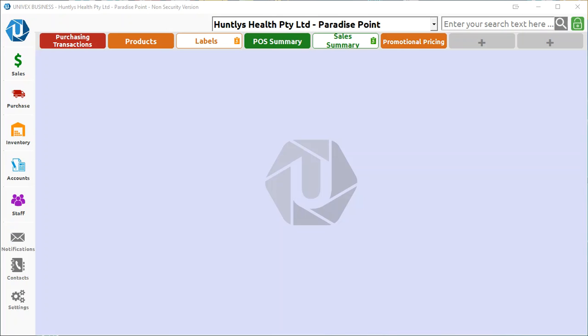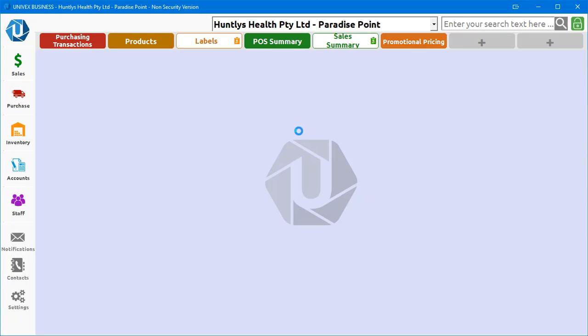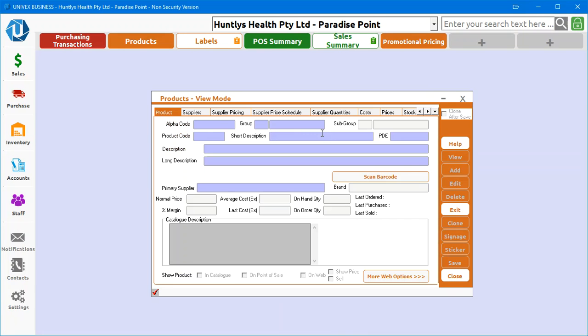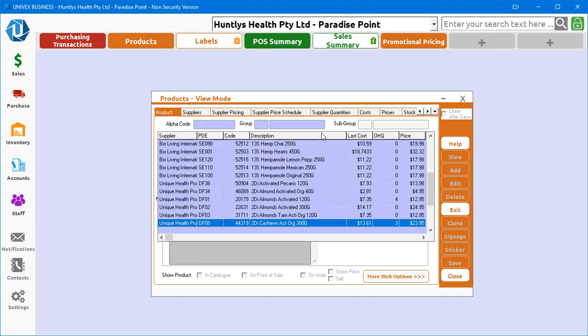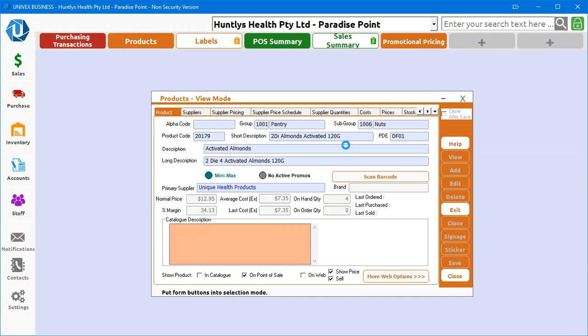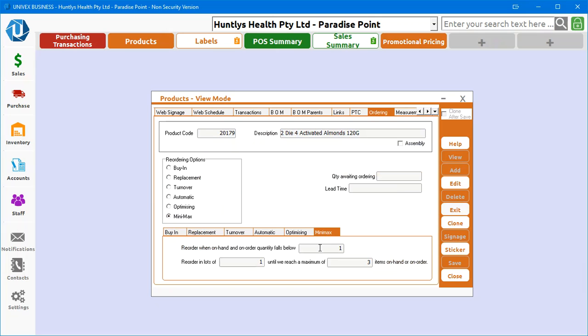We will need to have a discussion about various options to turn on, but for now, this is just a quick overview. So, as you know, on a product, we have different ordering methods. So I'm just going to bring up a product that you have in stock, and this one's Minimax. So if I click Minimax, it'll take me to the ordering settings, and you can obviously